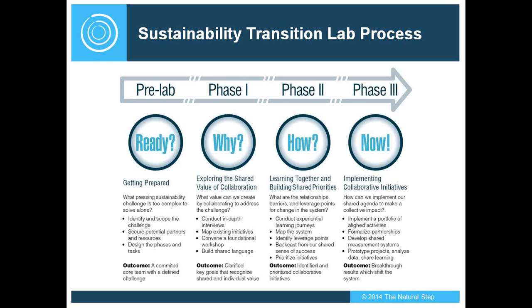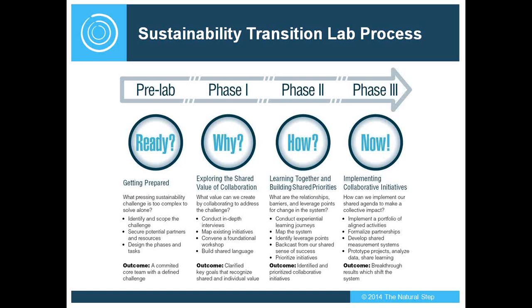But it's all in terms of getting to the goal of being able to work differently, to prioritize initiatives that will help shift that system, because the things that we've been doing just haven't worked either in our silos or even in our attempts to collaborate. So we're trying to identify those prioritized collaborative initiatives to then, in phase 3, collectively make an impact